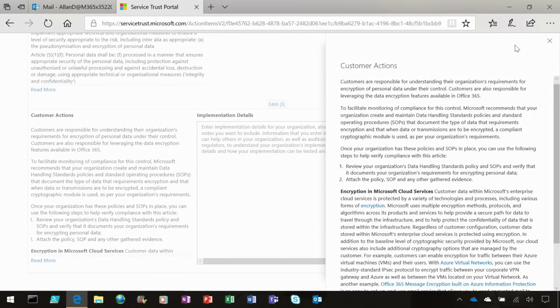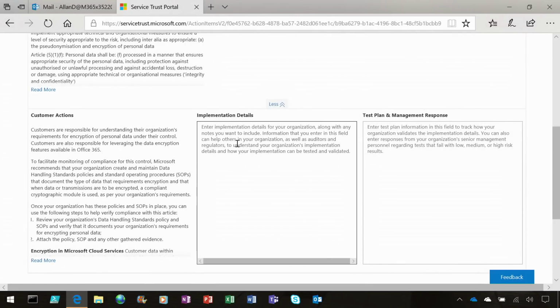Once Alan has digested the customer actions and actually gone and completed the work, he can go into the implementation details field and enter in the details of what he did. So as an example, this action required Alan to review the organization's data handling standards policy and standard operating procedures and verify that it documents the organization's requirements for encrypting personal data that they store. So Alan can enter his information in the implementation details, and that could be anything. It's up to each customer to determine how they want to include their implementation details. Using Microsoft's approach as an example, what we would do is typically enter something that said,